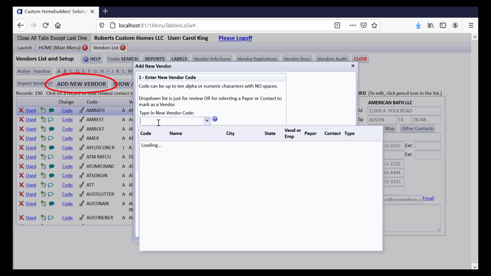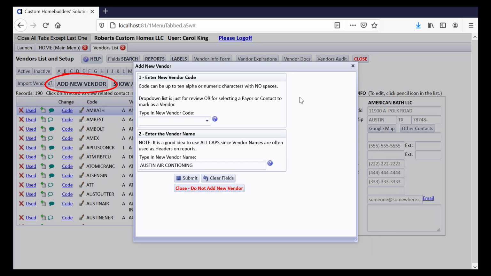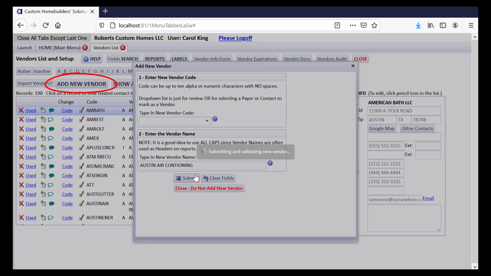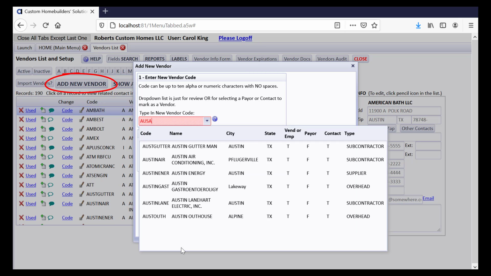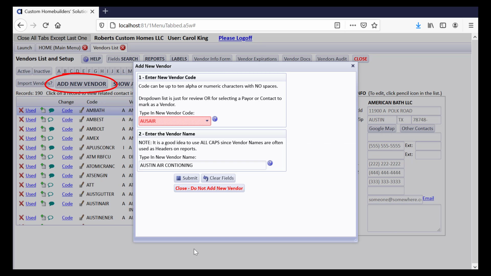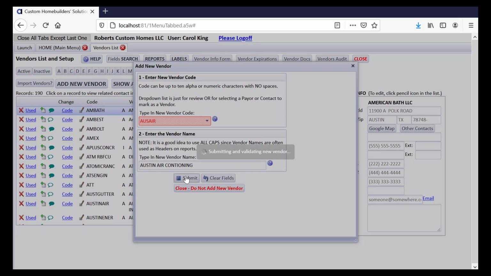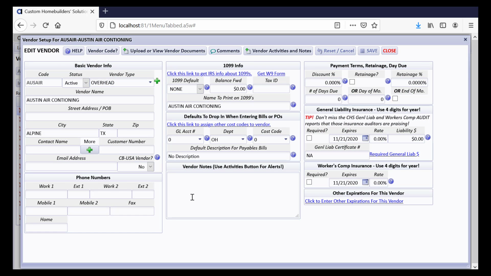I'm going to wipe this out for a second just to demonstrate that if I submit this right now, it's going to tell me I have an error. It's going to make it pink, and if you hover over, it's going to tell you why, and it's saying it cannot be empty. So that's just an example. Until you click submit again, it'll stay pink. So we're submitting, it goes away, and it opens a big screen here to enter all of the basics of